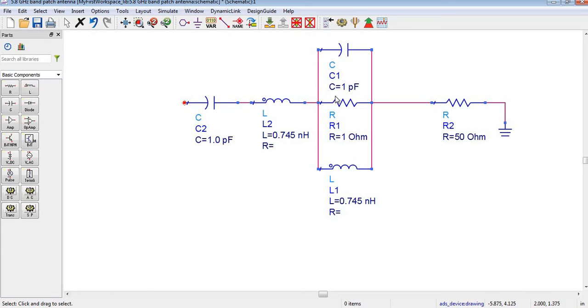So this is the equivalent circuit of the patch. So this is our patch, this is our feed line, and this is our terminator. So for providing